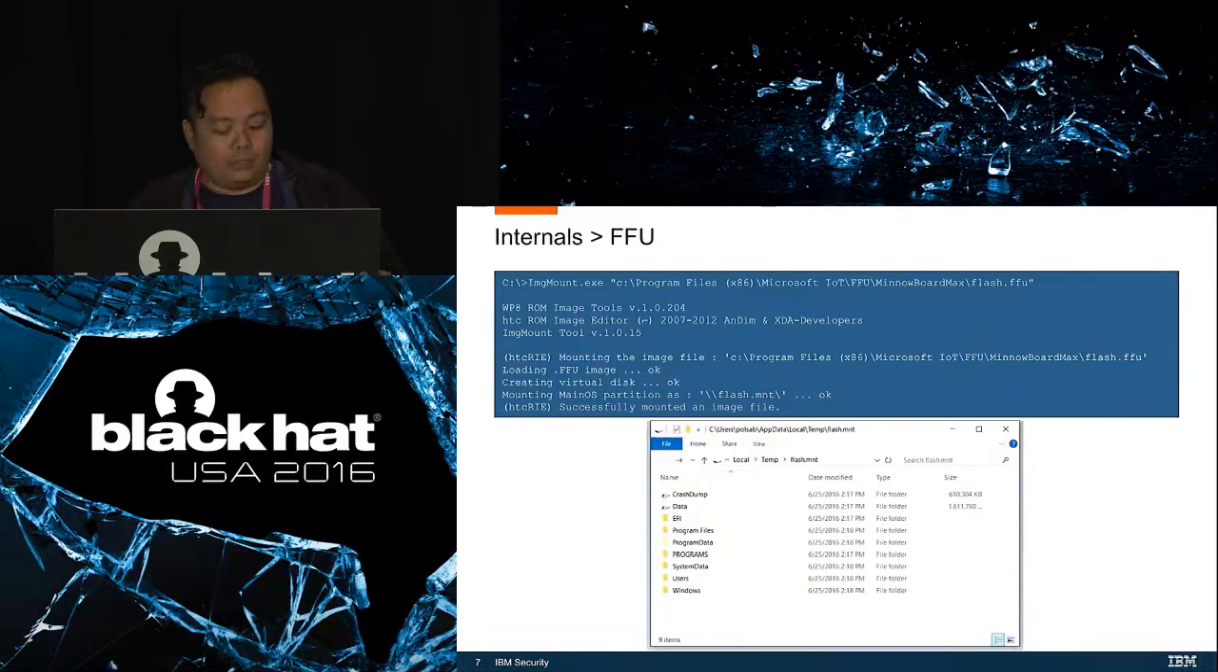Windows 10 IoT Core uses version 2 of this format, and I'm not going to go into detail about this format because there's some documentation from Microsoft, and also there will be a white paper that you can download after the talk, and the links are all in there,